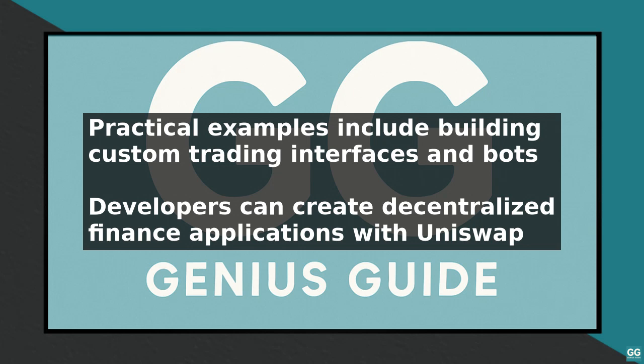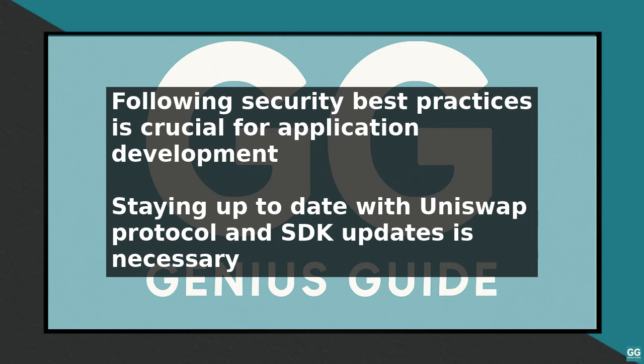To use Uniswap SDK, developers need to install the required libraries and APIs, set up a wallet and provider, and then use the SDK to interact with the Uniswap protocol. Best practices when working with Uniswap SDK include following security best practices, such as using secure wallets and providers, and testing applications thoroughly to ensure they are working as expected. It is also essential to stay up to date with the latest developments and updates to the Uniswap protocol and